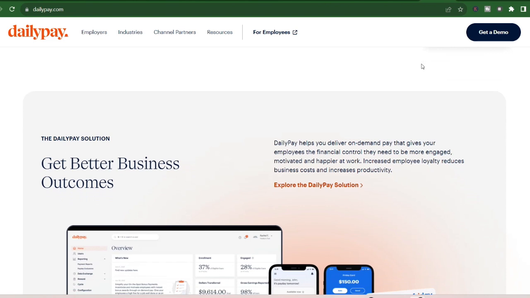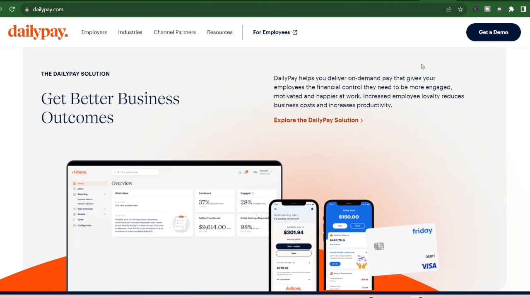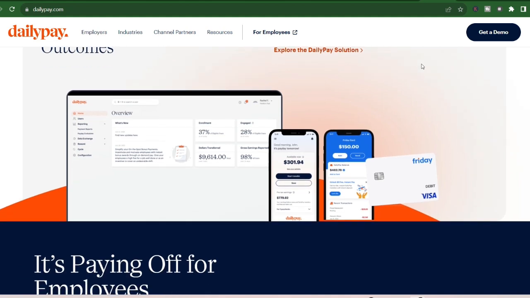So, there you have it. With DailyPay direct deposit set up, you can access your earned wages before your official payday, giving you more control over your finances. Remember, DailyPay is a tool, and like any tool, it can be helpful if used wisely. Weigh the convenience against the fees and make sure it aligns with your